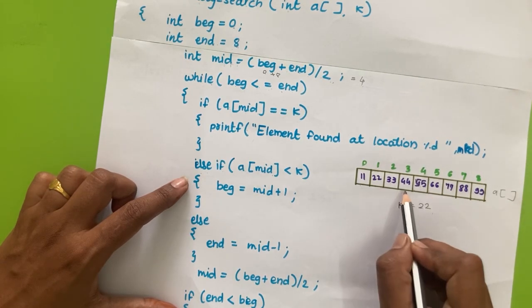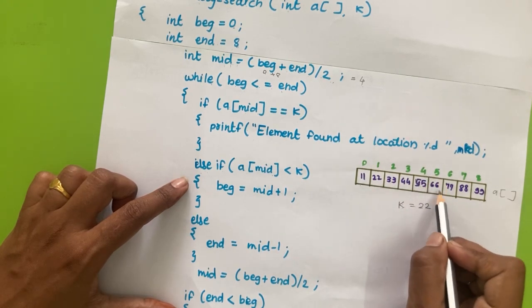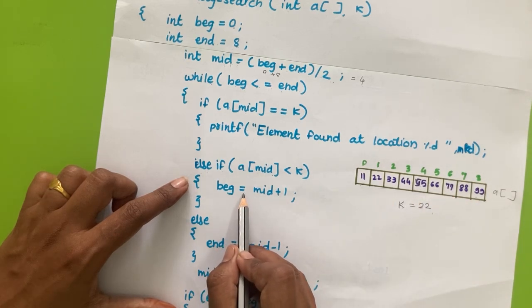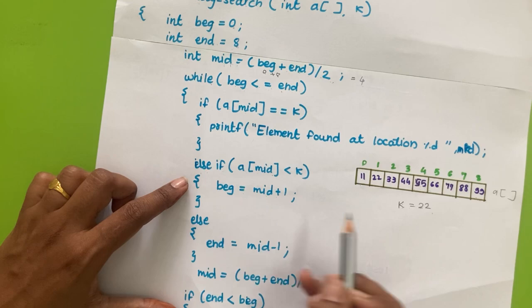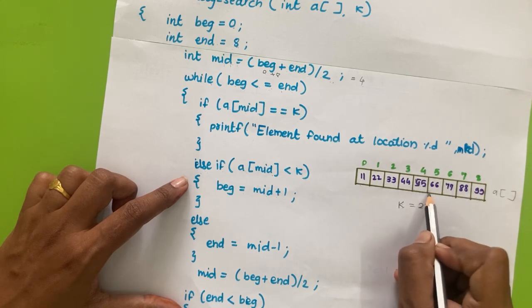So we don't need to search in the first half. So we have to update the beginning of the sub array to begin is equal to mid plus 1. Okay, because if element is greater than the mid, then we have to check in the second half of the